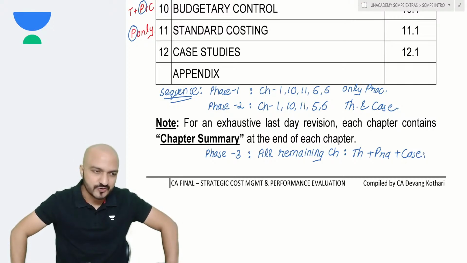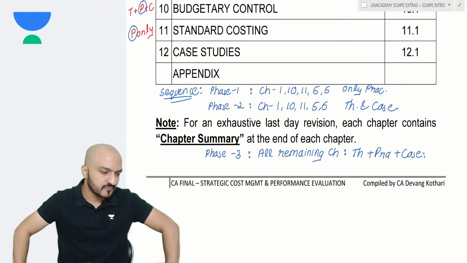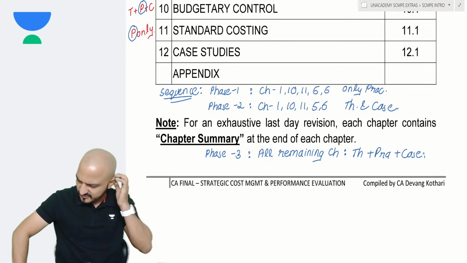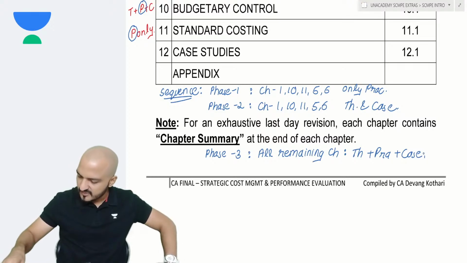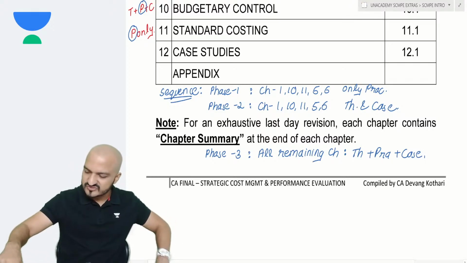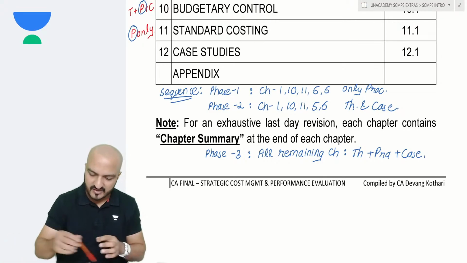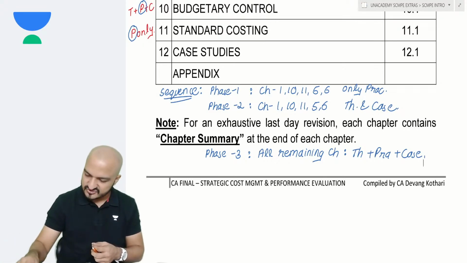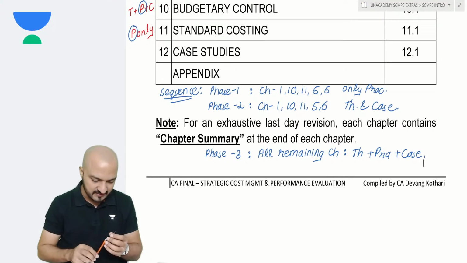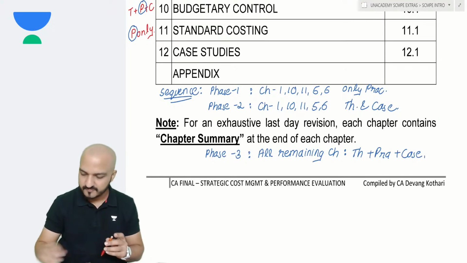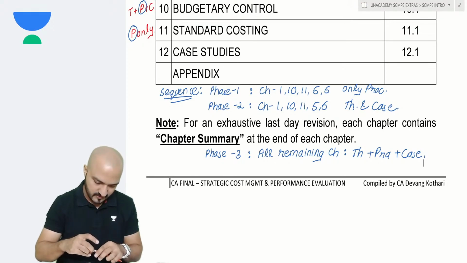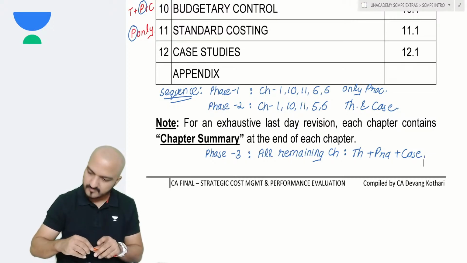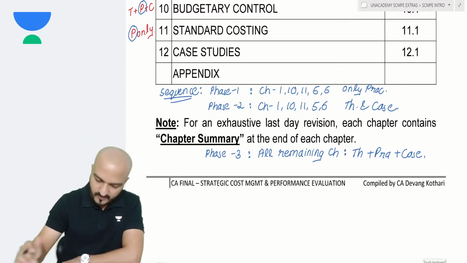I'll tell you an interesting story. There was one exam of CA final, I think in May 18 or May 19, in the new syllabus, the first or second exam in the new syllabus. I'll give you some analysis of a few past exams of CA final level. See, out of all these chapters, there was one exam in which,